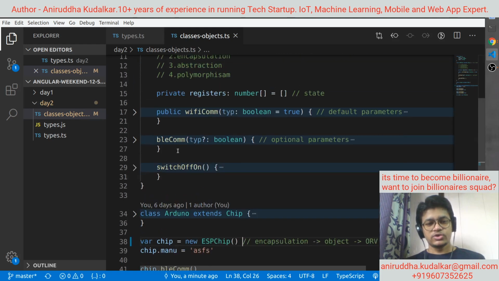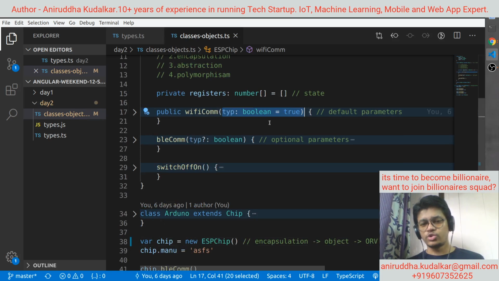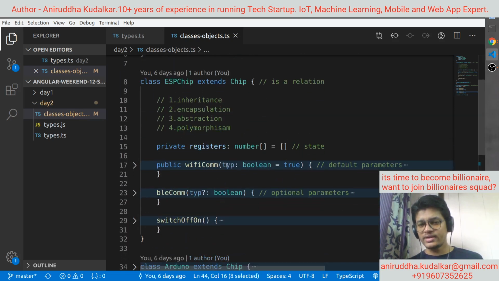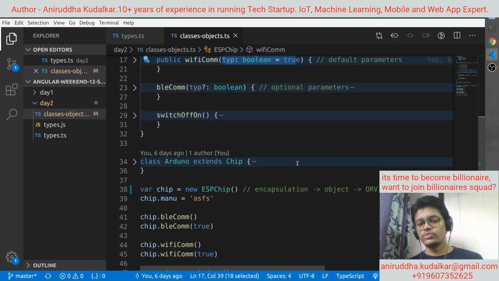Okay, so if you see, type is a boolean equals to true, and you see this question mark and the colon and the boolean, which means that I am going to accept undefined, right? And here you are saying default parameter. If you call Wi-Fi COM without passing anything, automatically type would be considered as true.